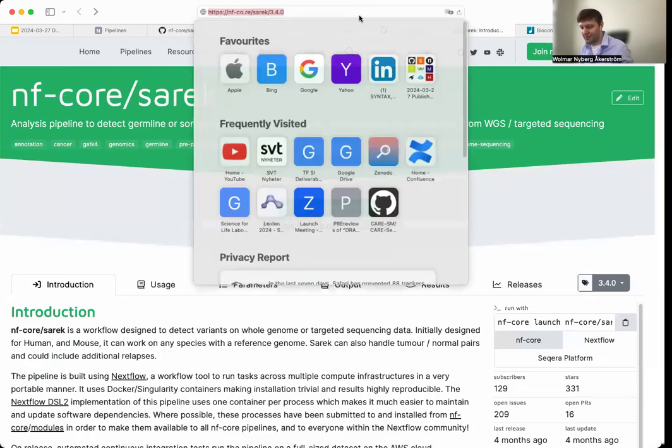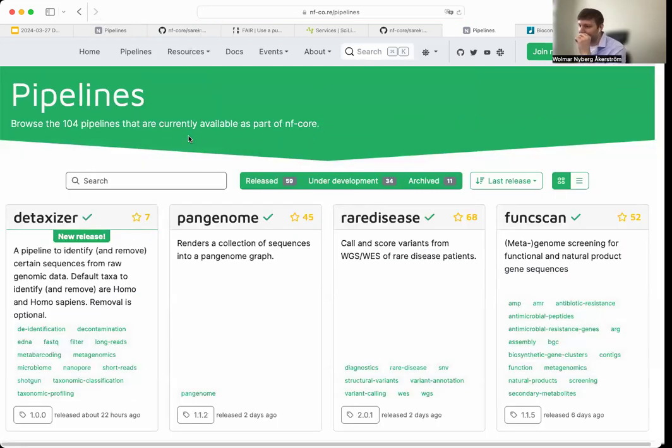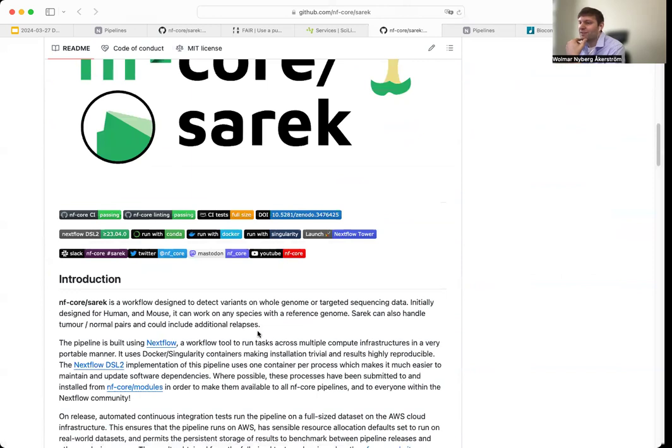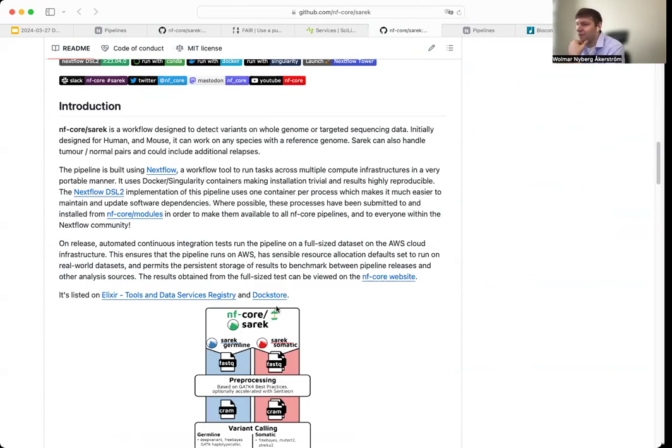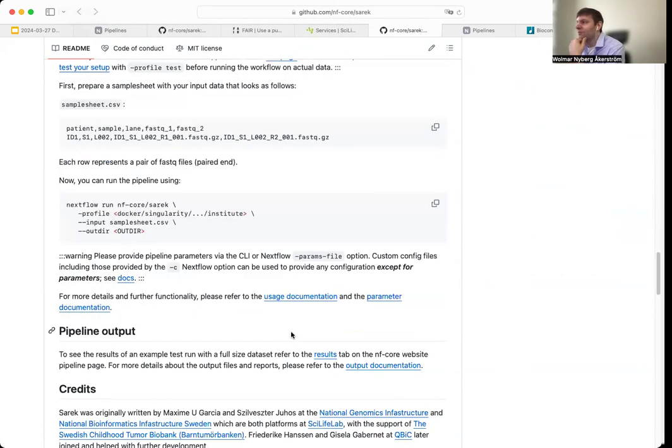If I go back, sorry about that. And then you have the SAREC pipeline here. So depending on what kind of software you're working on, there might be different databases where these should be made available so people can find them. And there might be different practices and amounts of documentation that would be necessary. This is pretty well used, and it's been developed over a long period of time, which means that there's a lot of documentation and examples of how this has been applied for different use cases. This might not be valid for all